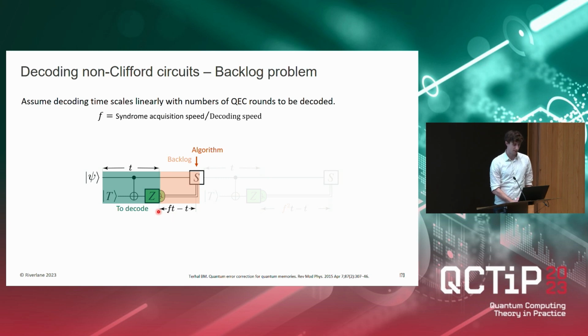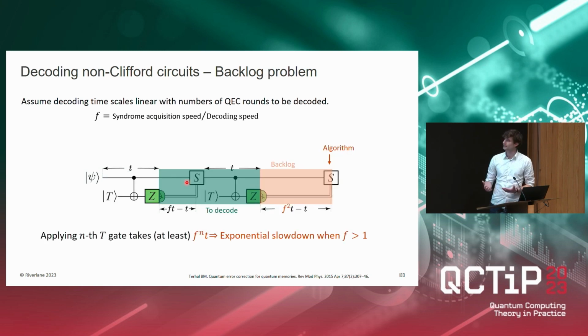But while we're waiting, as we said, the backlog is accumulating because we can never stop measuring stabilizers on our logical state of interest here. So next, when it comes to applying the next T gate, now we need to start decoding this backlog and then decode all of the data that is accumulated when we apply the same C0 and the same Z operation, before we can apply the next correction, the next classical feedback. And this is going to introduce another factor of F in the time that we need to wait for the